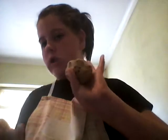Place it in the bowl. So far we have a chocolate chip, plain, and now we have 2 small ones. I'm just going to take one, and this is what I'm going to do with the whole taco shell idea thing. I'm going to make a mini taco,